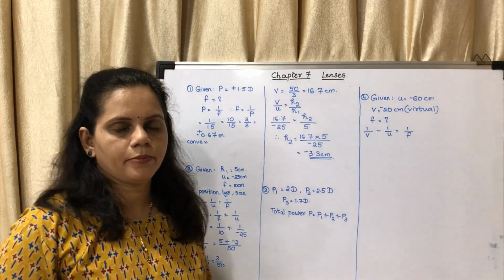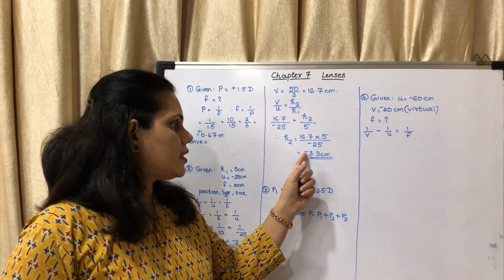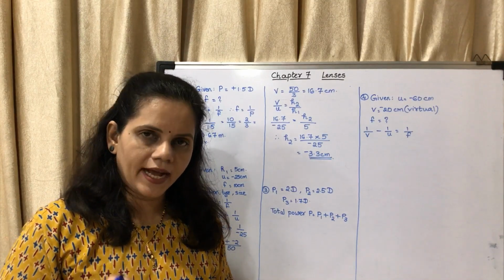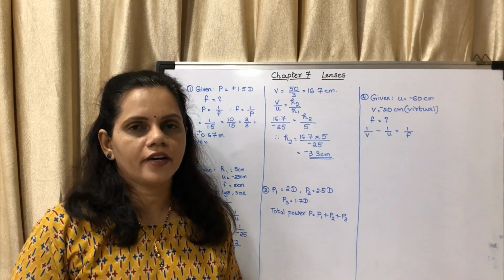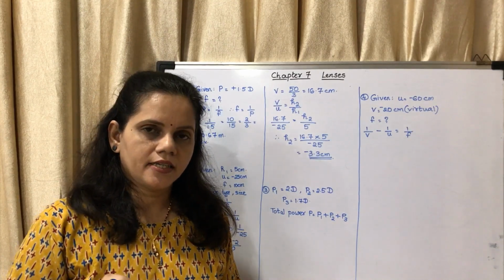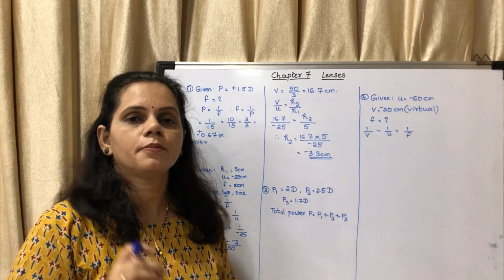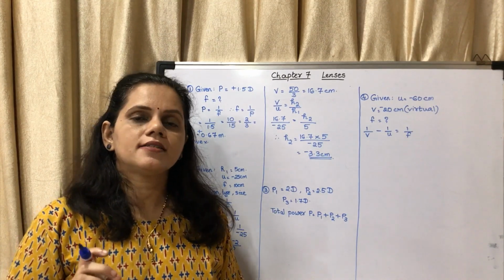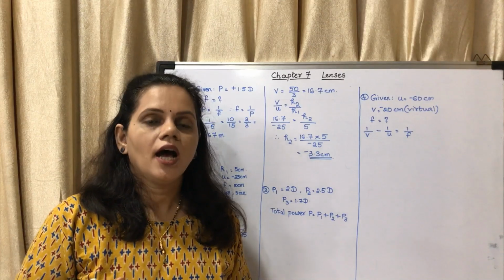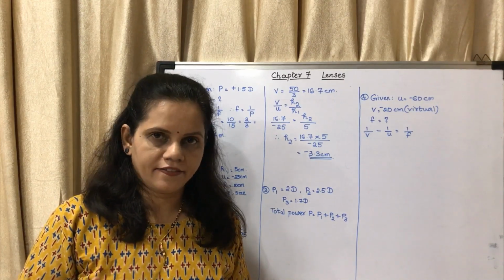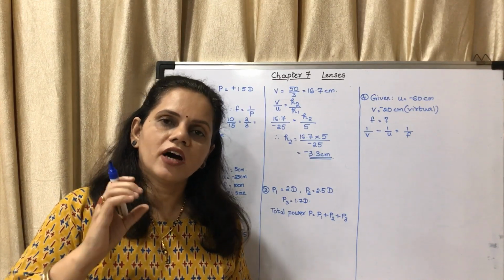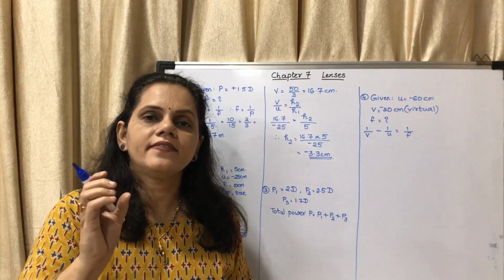Okay, minus 3.3 centimeter. Now what does this minus sign denote? The minus sign denotes that h2 is inverted. Okay, the image is inverted. In your textbook, they have given the answer as plus 3.3 because that is the answer for height of the image. Height is never negative. Distance is never negative. So the answer for height or distance, they give it as positive.